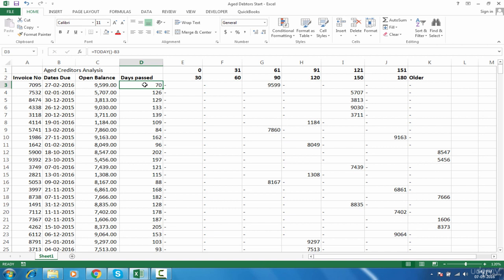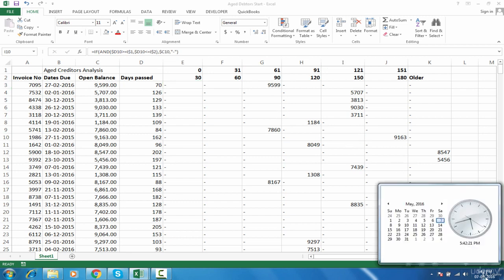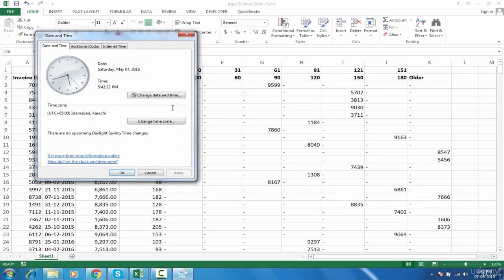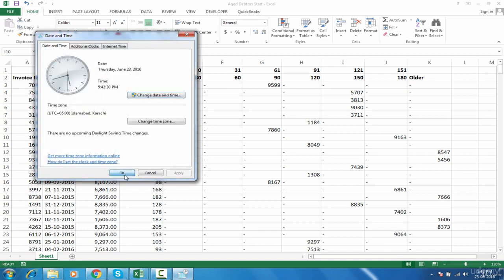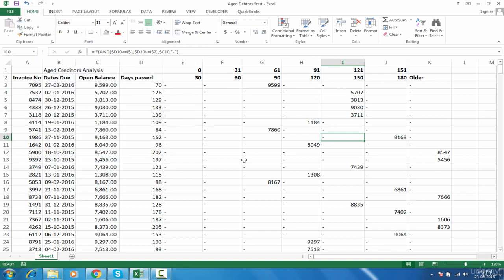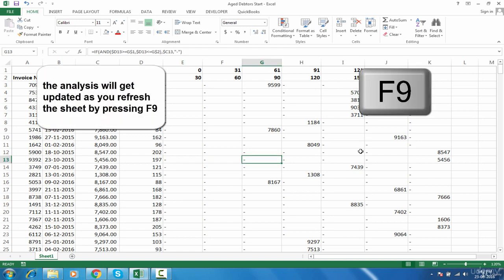You need to calculate today's date and minus the due date from it. So you will get the days passed, and then use the days passed to make the analysis. That will automatically change. If I change this date from, let's say I'm on 7th May 2016, if I change the date to 23rd June, okay, and press OK, and if I press F9 to refresh,